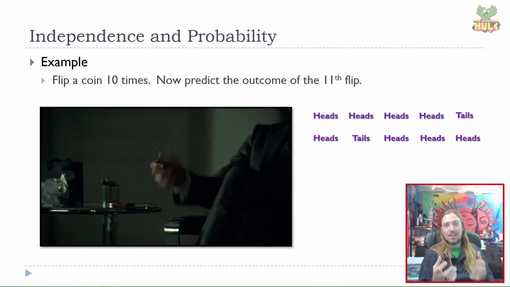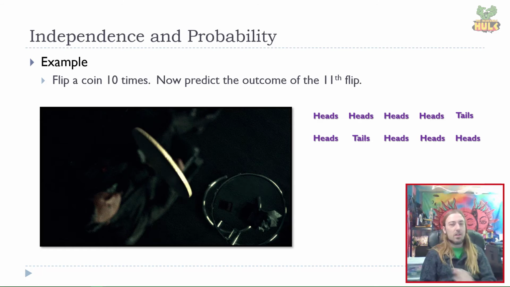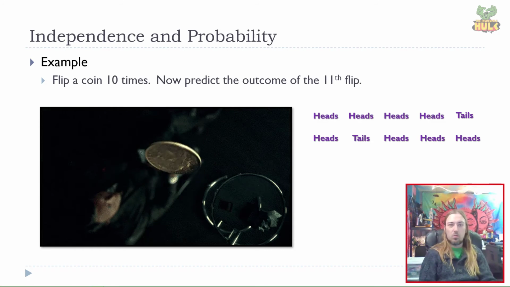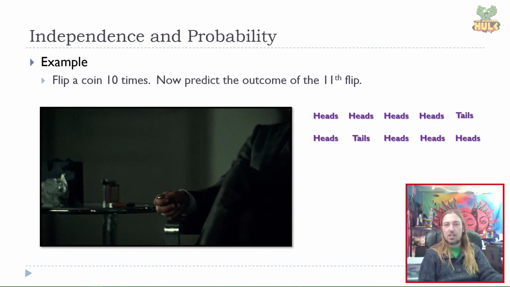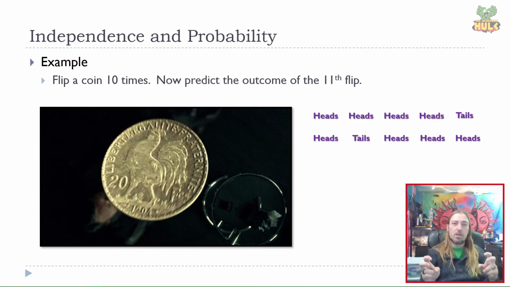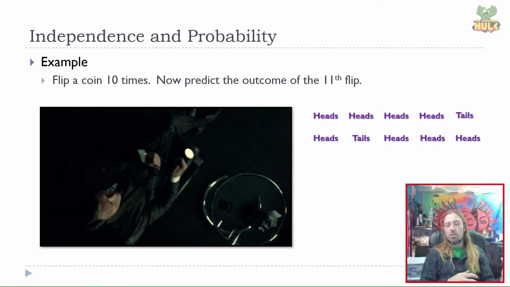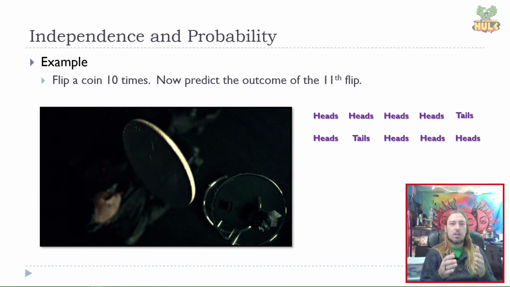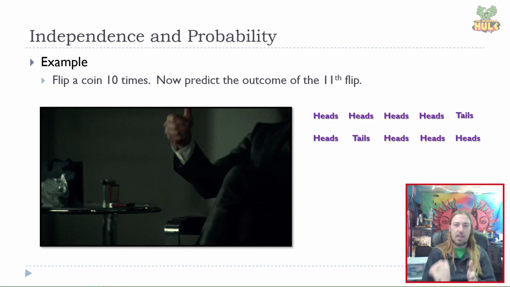This is not logical. That coin does not care whether it was a tails, a heads, or whatever it was in the previous 10 throws. It has, in my advisor's terminology, and I think he stole it from somebody else, no memory. The coin doesn't know whether it was a head previously or that it was heads 10 times in a row. That will not affect the probability of that 11th outcome.